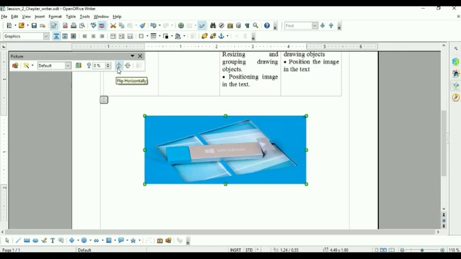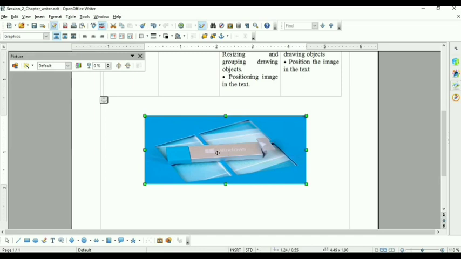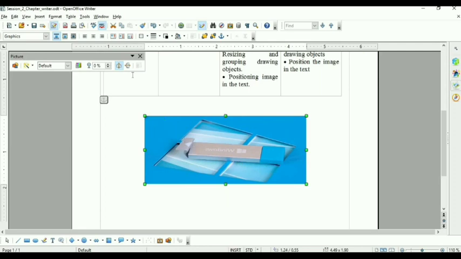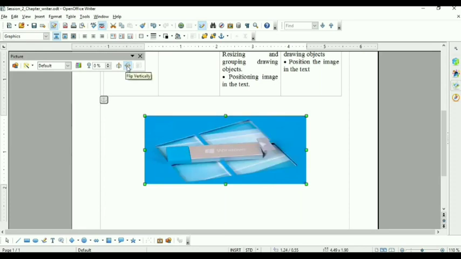Like next, flip horizontally or flip vertically. These two options are available. Flip horizontally or vertically is just like rotate. Means rotate your picture by 180 degrees. Click on flip horizontally, see the change. The word Windows is written like this, in this manner. Once you click on horizontally, see this. It is available in reverse order. Similarly, once you click on vertically, the picture is converted like this. Flip horizontally or vertically means rotate your picture, nothing else.